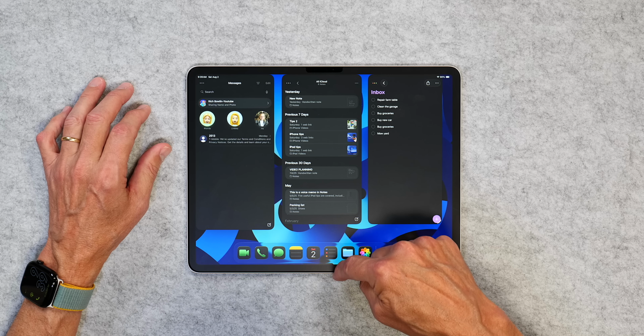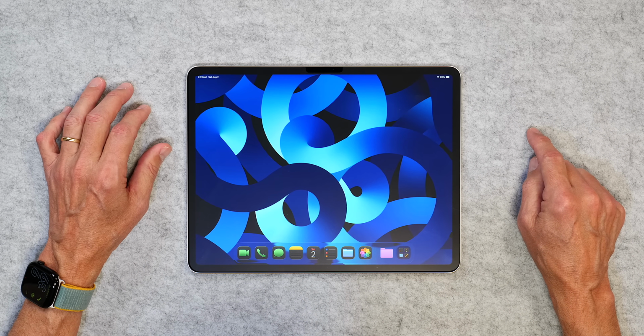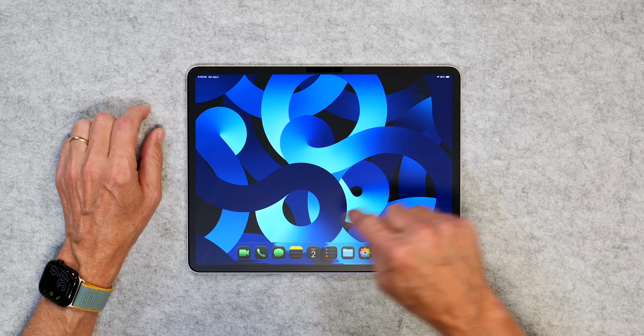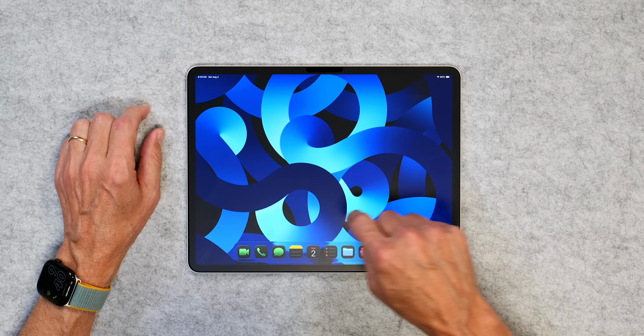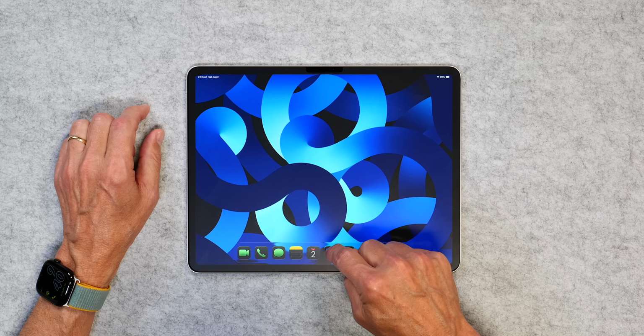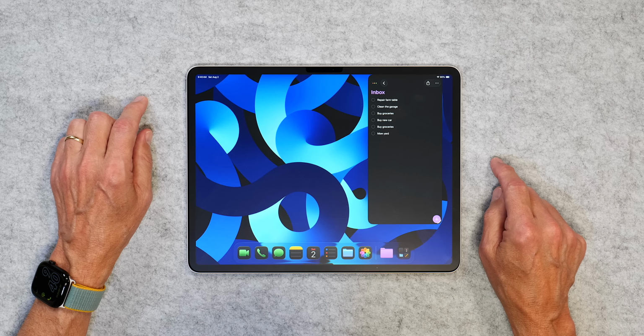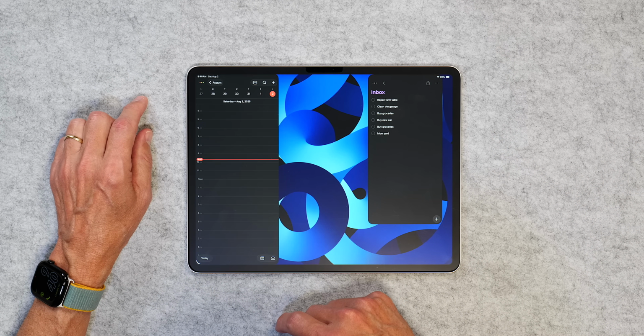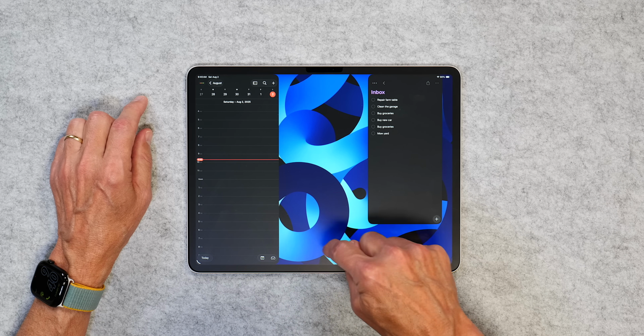But if you slide away and you go all the way back to your home screen and you want to see those 3 apps again, there's no windowing for it. It's not like you can slide across and get to something. If you open up Reminders, just Reminders comes up. And then you're like, well, what did I have open? I think I had the calendar open. And then it opens up, and now all of a sudden